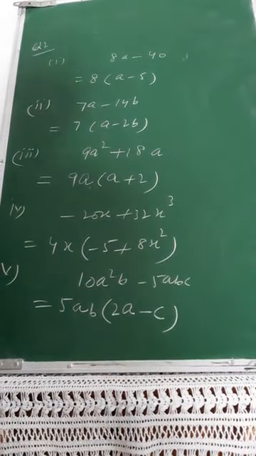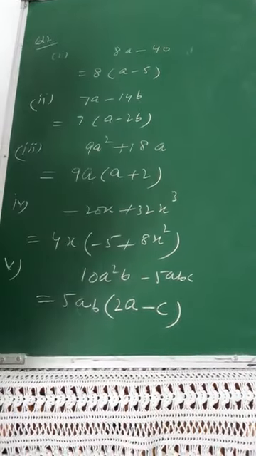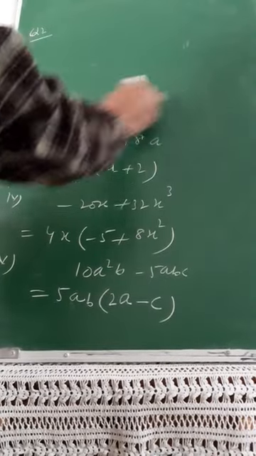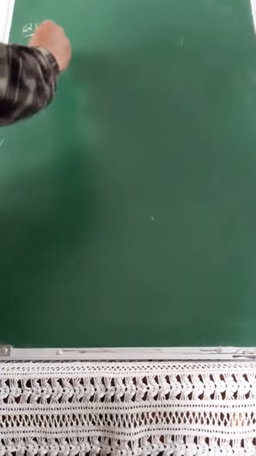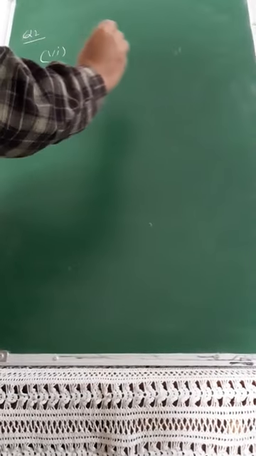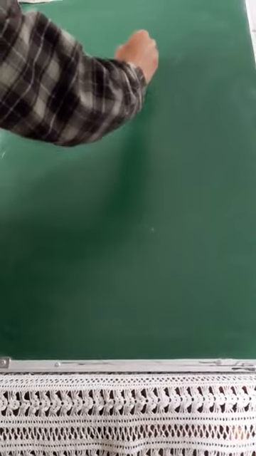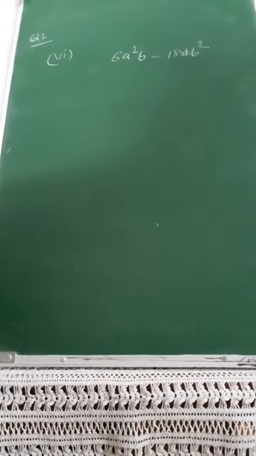So this is the method we are following for factorization by taking the common multiples whatsoever are possible. So I am proceeding in question number 2. 5 parts I have solved for you. Now I am proceeding towards part number 6, so that you can check whether your answers are correct or not. If you are finding any difficulties anywhere, please do the correction. That is the only purpose, to give you the solution of each part.